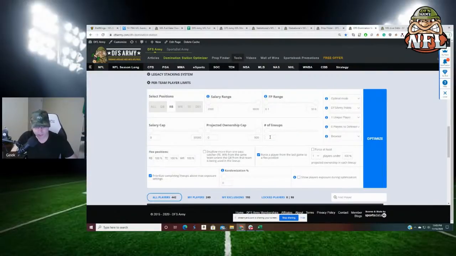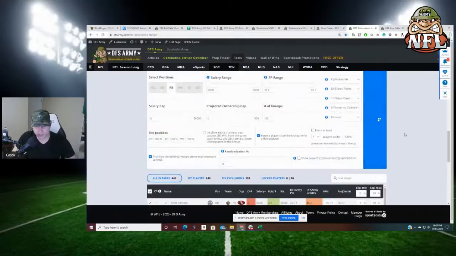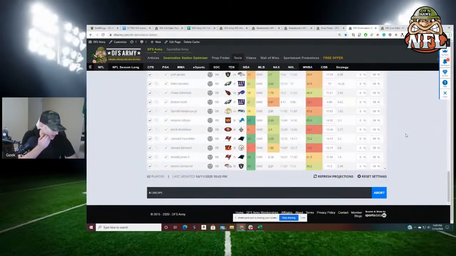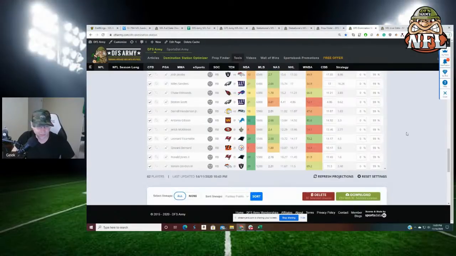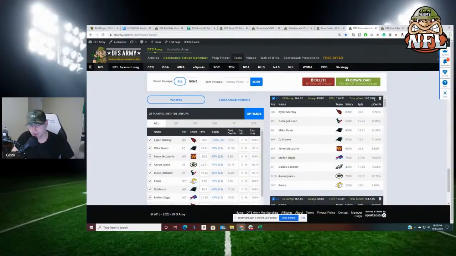But the first thing I really want to do is just see what happens if I run it with no special limitations. What are the total ownership projections we're getting? Let's just run a bunch of the lineups and see, because if everything is 200, 220, and we start limiting it down to 125, we're going to get some weird looking lineups. So here you go. If I just run the Domination Station raw,